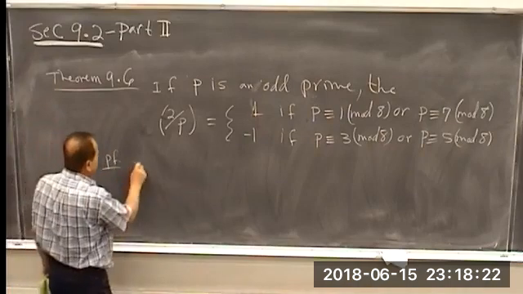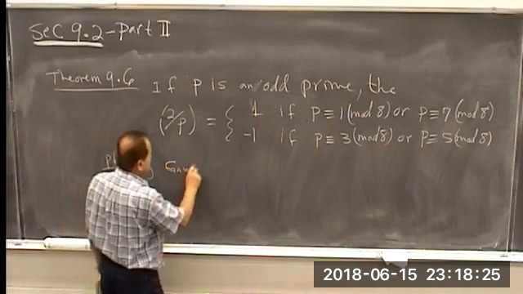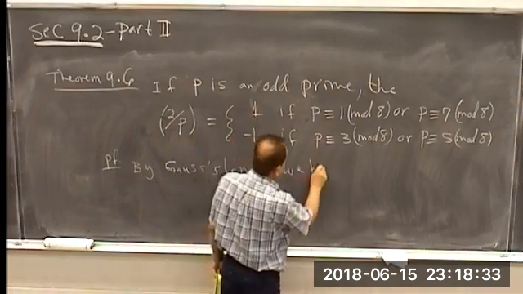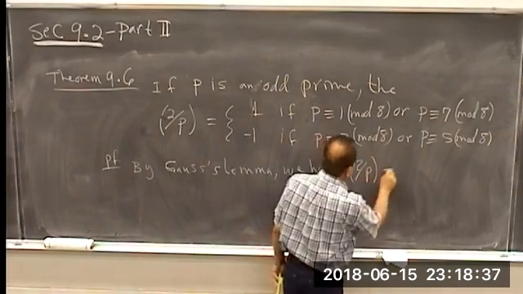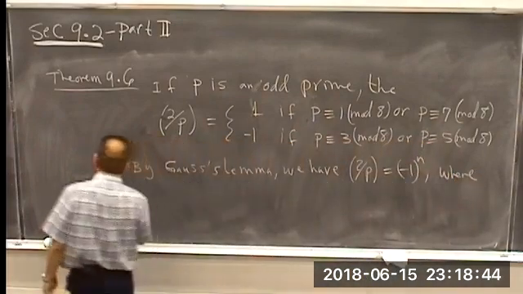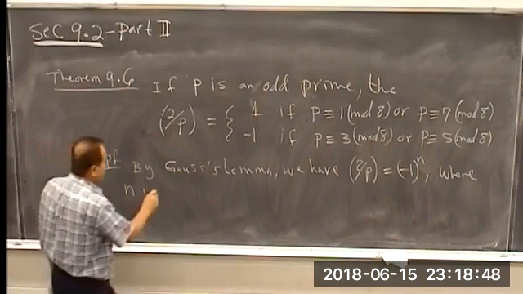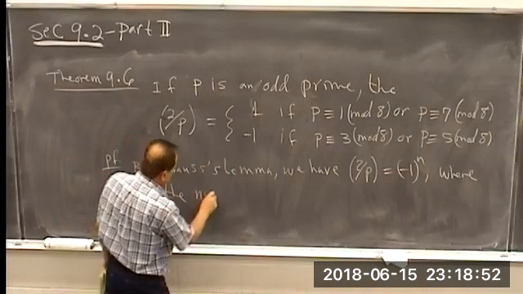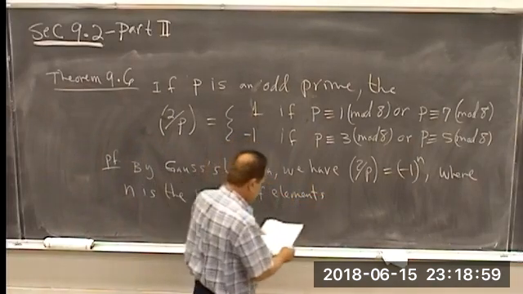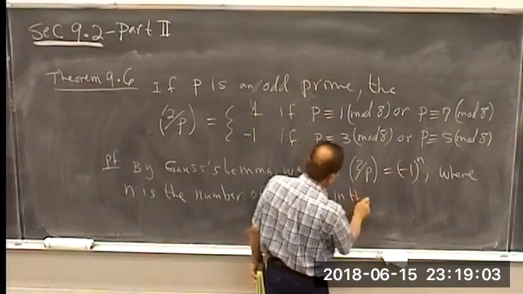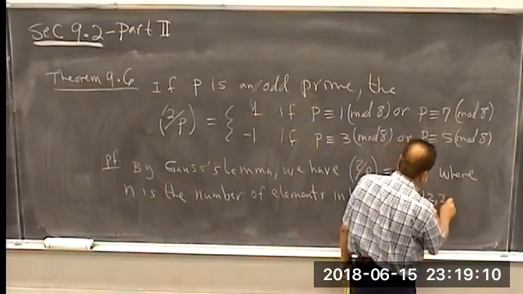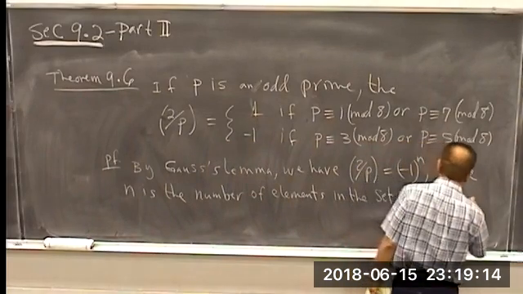Now remember, by Gauss's lemma, we have (2/p) equals (-1)^n, where n is the number of elements in this set, which consists of 1 times 2, because my a is 2, 2 times 2, 3 times 2, and so on, up to